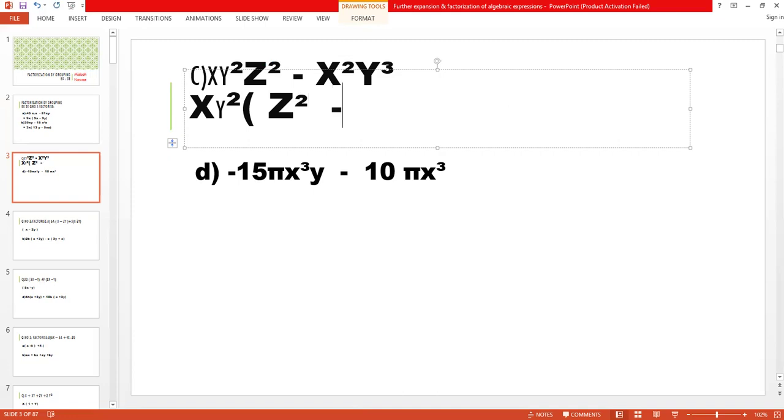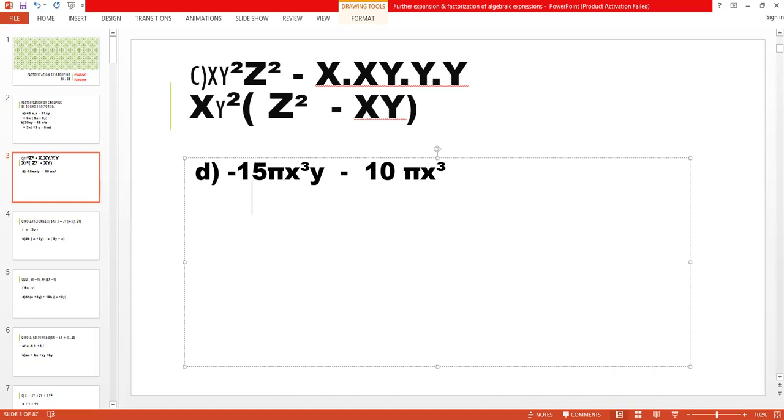Next, x squared, one x will go outside. What is the meaning of x squared? It means x multiplied by x. Out of these two x, one will go outside and one will remain inside the bracket. So I have to put here x and y cubed. y squared is outside. y cubed means how many y's are there? There are 3 y's: y into y into y. So two will go outside, and here we have only one y, which we write inside the bracket. This one is part C.